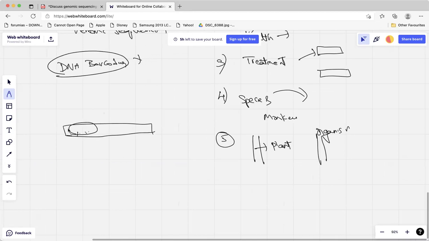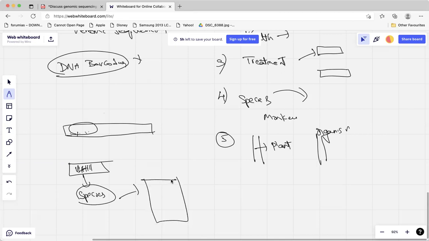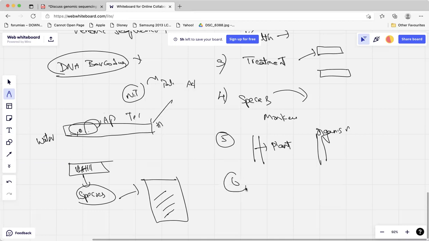DNA barcoding means you will have this kind of structure, right? Barcoding for your biscuit packets, chocolates. In the same way, we also want to develop, by just scanning this barcode, you will understand which species it belongs to. And this can happen only when we know the genome sequence of every organism. So now by studying the water body, we will be able to know whether this organism is from Andhra Pradesh or Telangana or North India or from Pakistan or from Australia. So invasive species, alien species can be found,